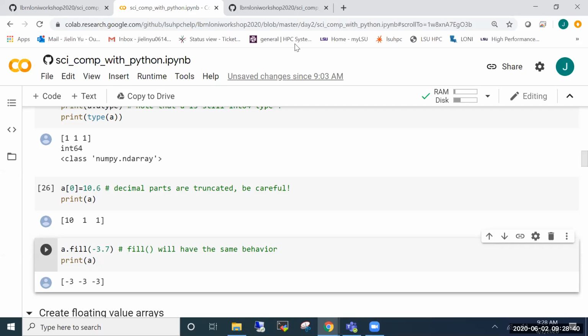Is there a fill function for list? I'm not sure if there's a fill attribute for list, but since you can change everything in a list, it won't be very complicated to change anything in it. But a list is not like NumPy arrays, so you probably have to do a loop over all the indices, all the elements in the list. But in NumPy arrays,